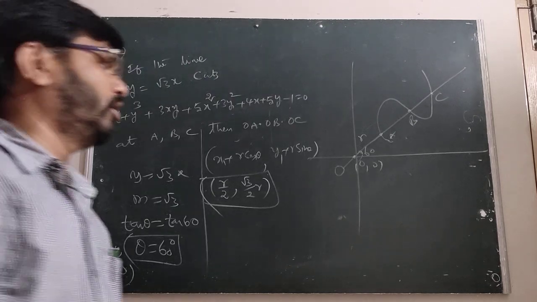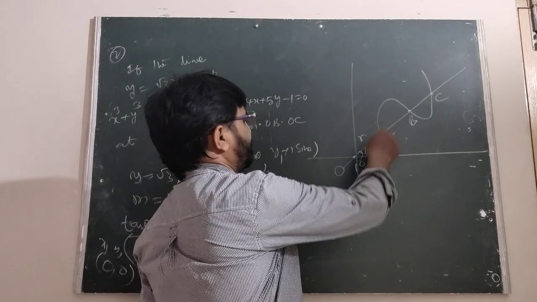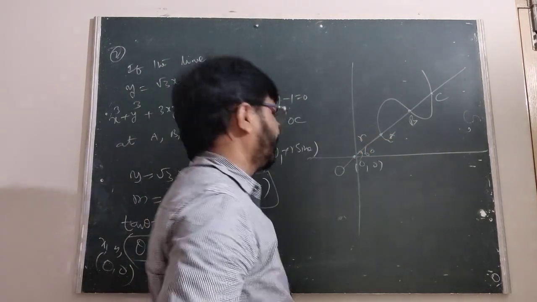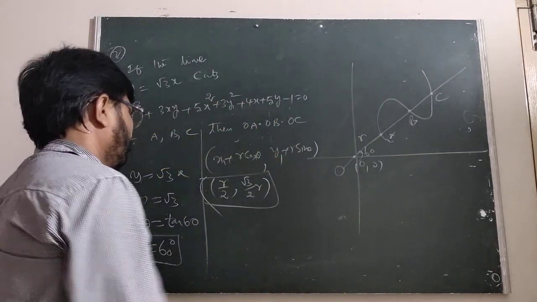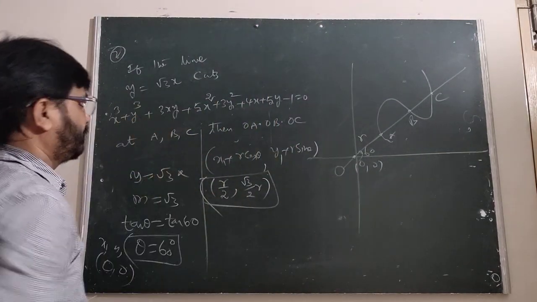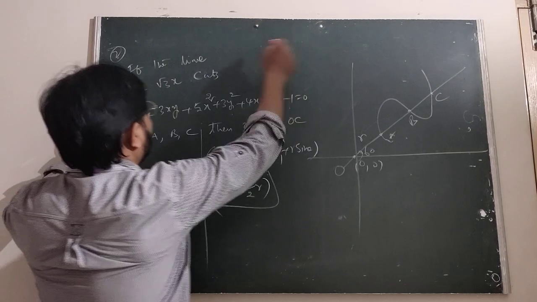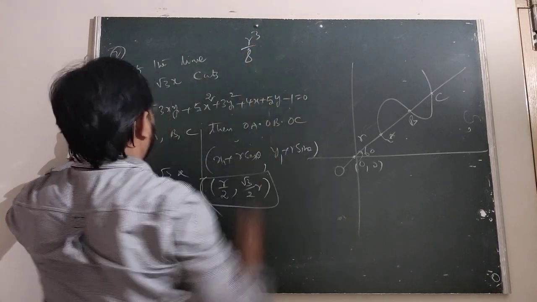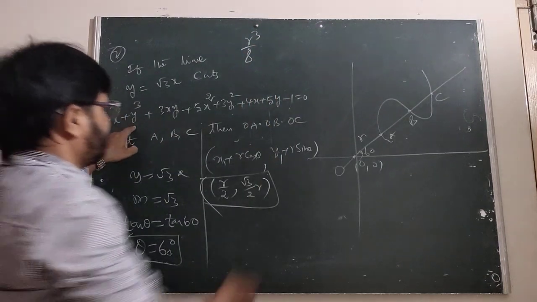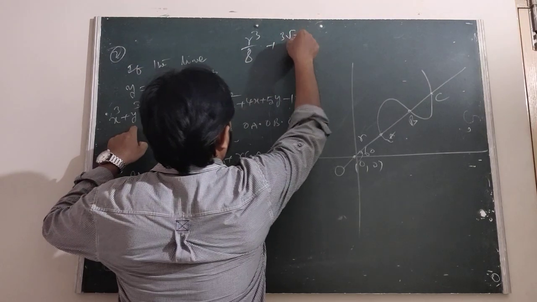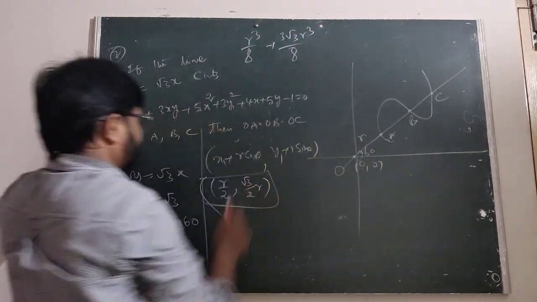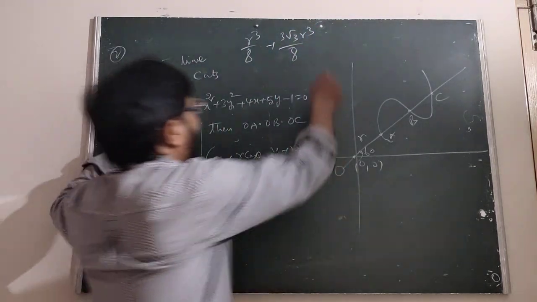Now we are taking the point on the curve at a distance r from the origin and making an angle 60 degrees. Therefore, now this point is substituted in this. That is, x cube is r cube by 8, y cube is 3 root 3 r cube by 8. Now 3xy, that is